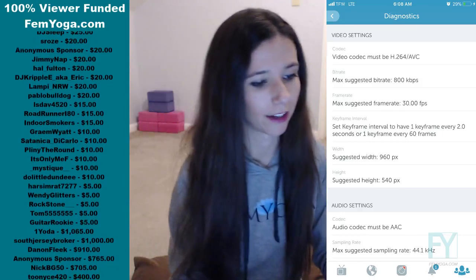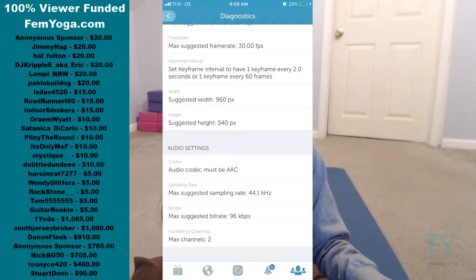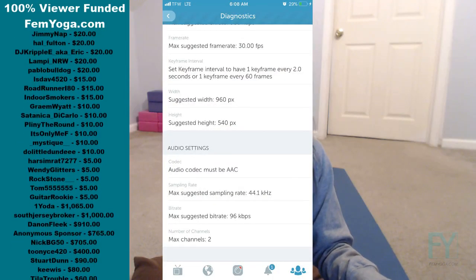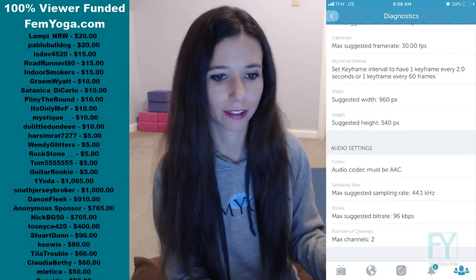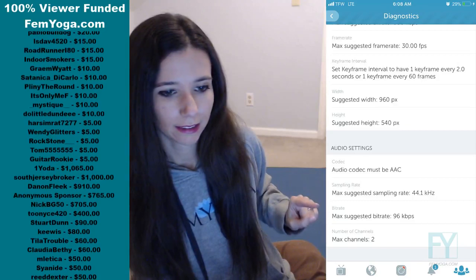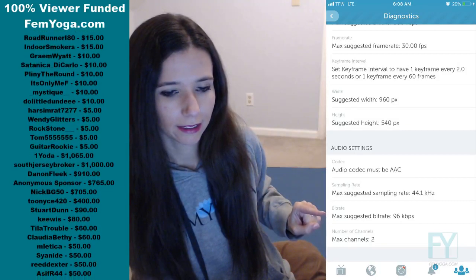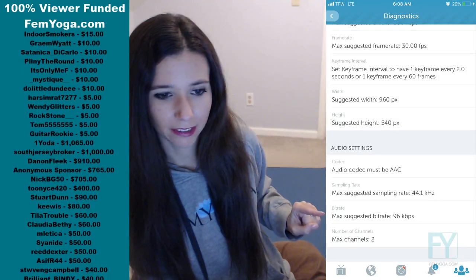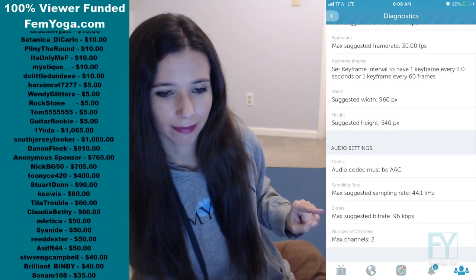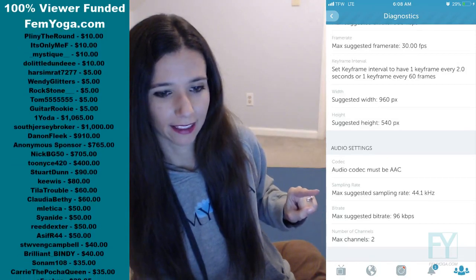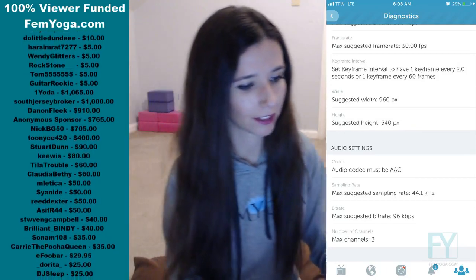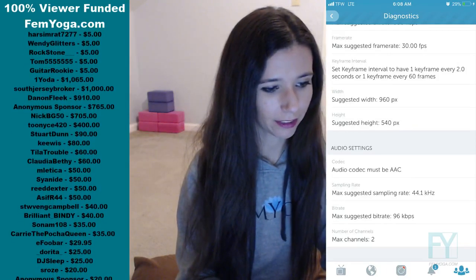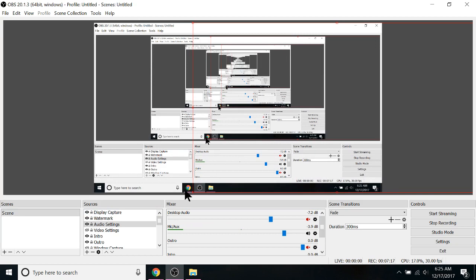So now we're going to get into the audio settings. Over here. Wonderful. So, 96. What do I have mine on? 64? Interesting. I'll go double check. And then this 44.1, it does on mine automatically default to that, but just to make sure, we will check out our display and go back into settings,